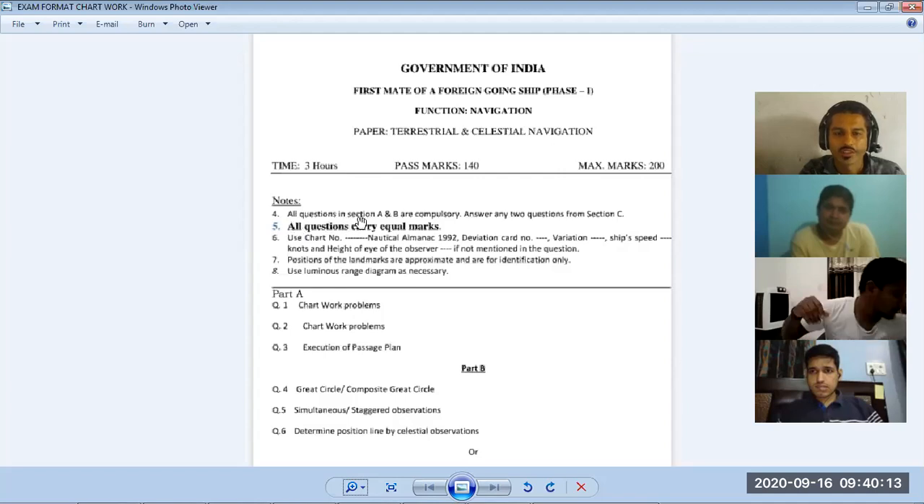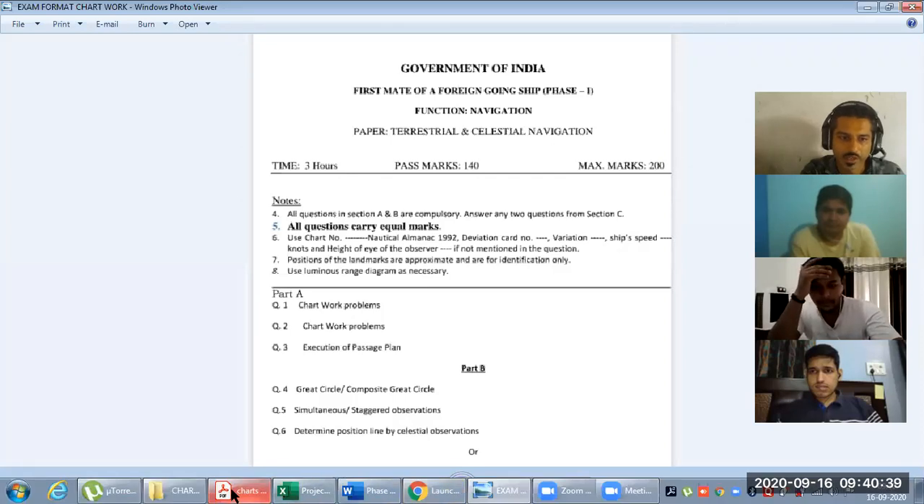So all questions in sections A and B are compulsory. So you have different sections, and A and B sections are compulsory, and from C section you can answer any 2 questions. All questions carry equal marks. Now the chart number which you have to use will be mentioned. So I will just share with you the chart numbers which you have for your